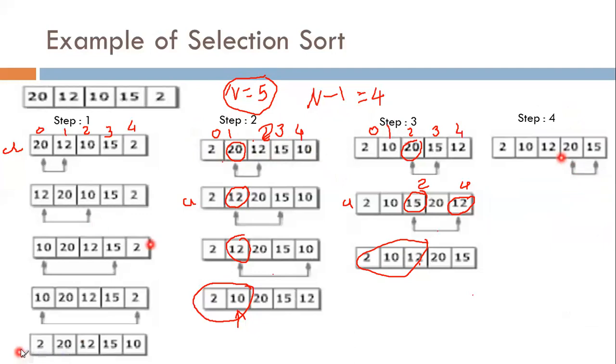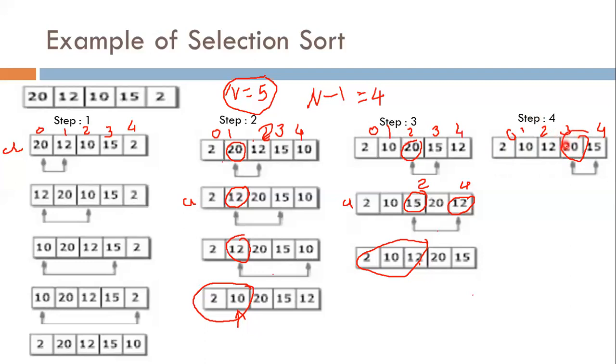Now my fourth element is 20. So the indexes are 0, 1, 2, 3 and 4, and the array name is A. My fourth element is A of 3. Now comparison is made between A of 3 and A of 4, and after that no elements are there, so only one comparison is made between A of 3 and A of 4.